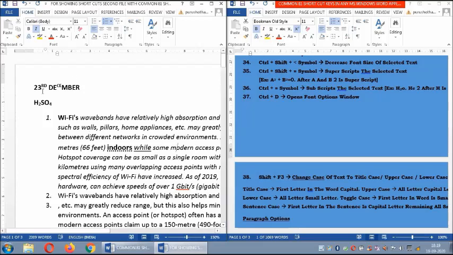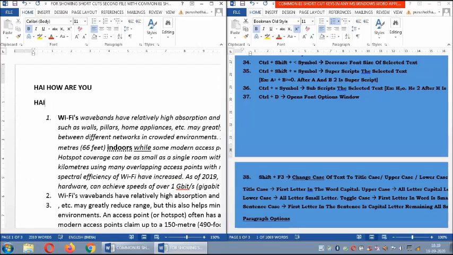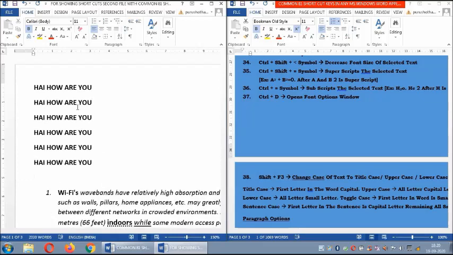I will show you 3 styles here. You see on the left side I write some content. Hi, how are you, now I am writing everything in capital letters. Again I write. Why did it come like that? Repeat the command with Control Y. I will tell you later also. Control Y to repeat the command, Control Z to undo the command. Now I have everything in capital case. So everything is in upper case. Capital case is nothing but upper case.